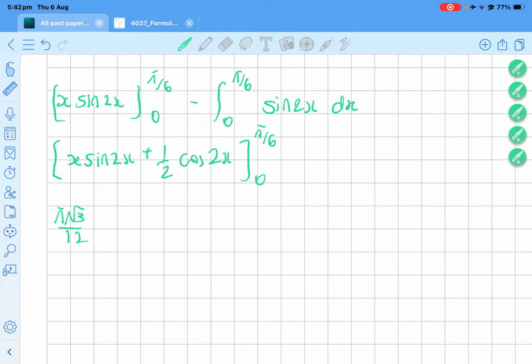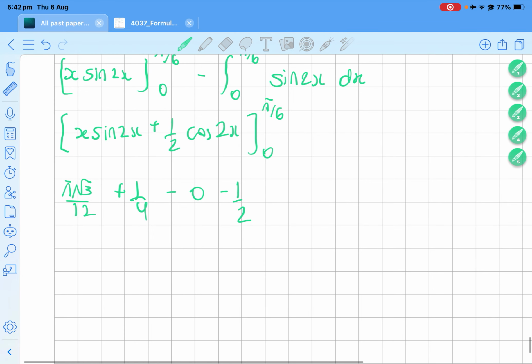And then cos of pi over 3 is half, so plus 1 quarter. Sine of 0 is 0, so minus 0, and then cos of 0 is 1, so minus half. This is pi root 3 over 12 minus